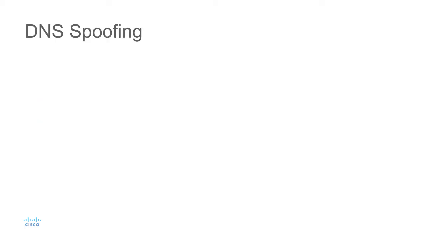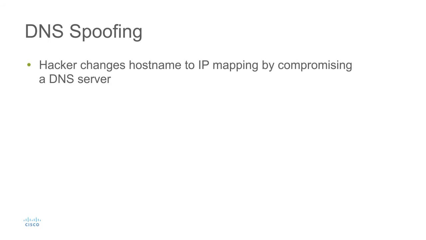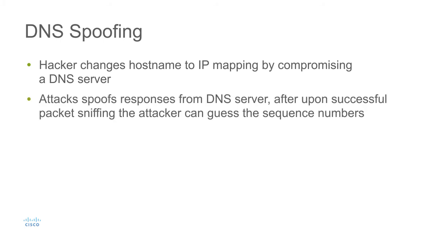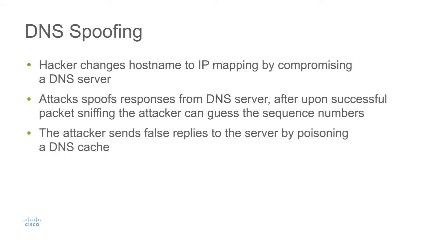Okay, another method of spoofing is DNS spoofing. This is where the attacker is going to change the host name to IP mapping by compromising a DNS server. This attack spoofs responses from the DNS server. After successful sniffing the packet capture, the attacker can guess the sequence numbers. This does require additional attacks, like a man-in-the-middle attack, but once the DNS server is spoofed, then that attacker can send false replies pretending to be a server,